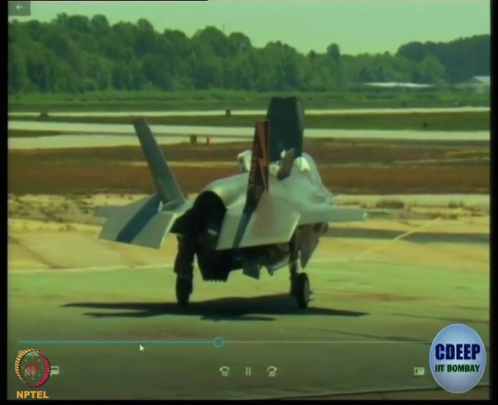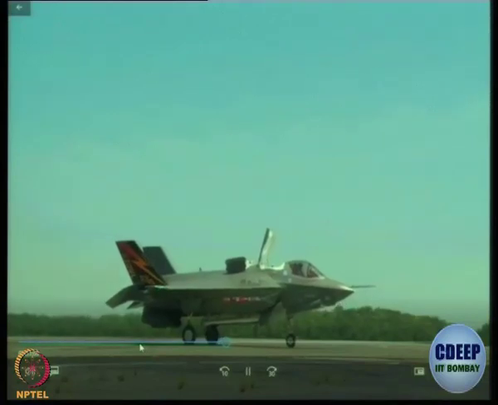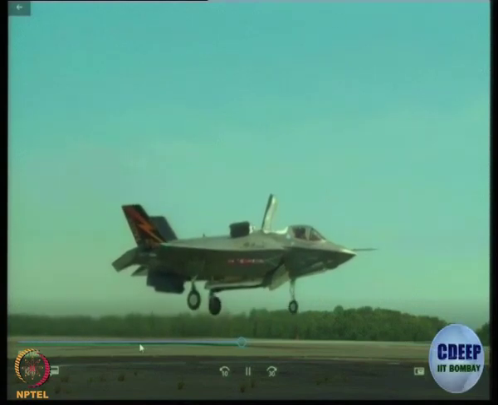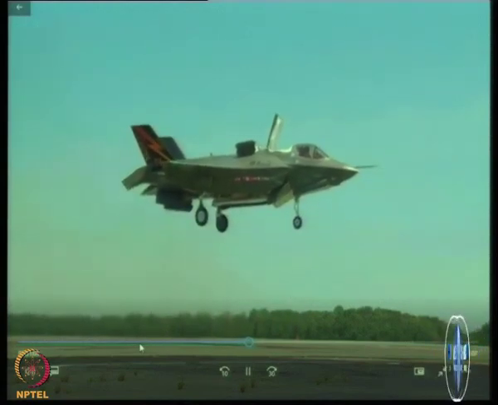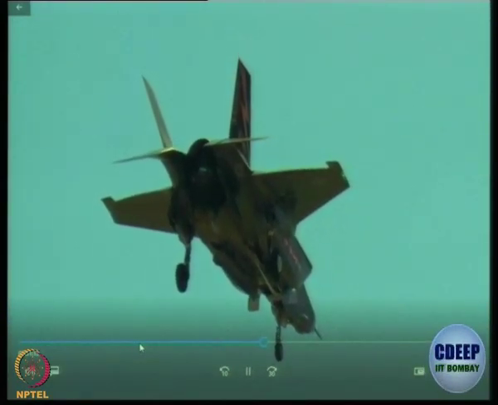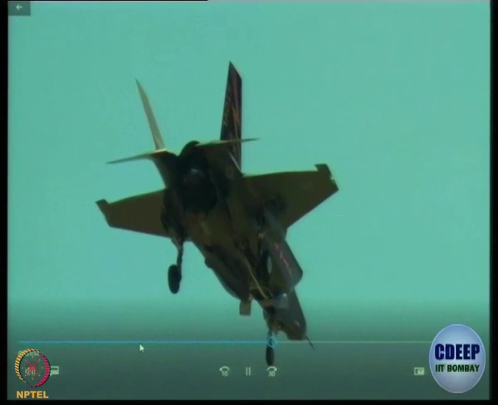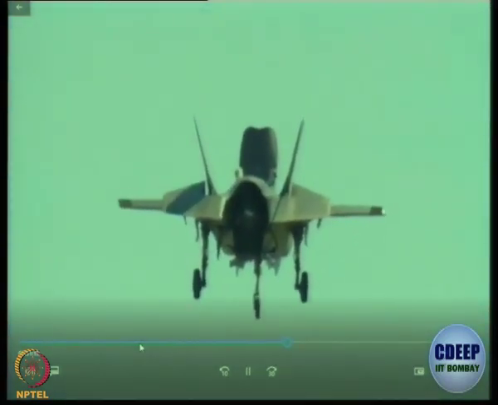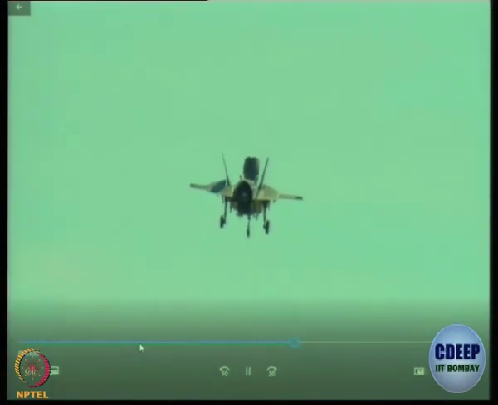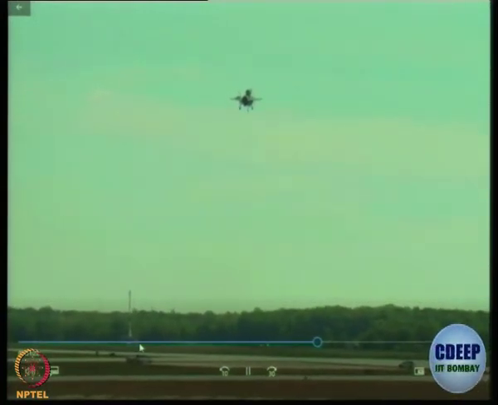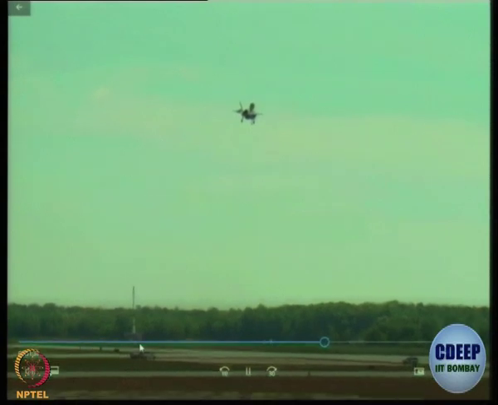There is a dedicated engine in the front. Notice how the 2 horizontal tails are fully bent down, full deflection. Aircraft is almost stationary, coming down at a very low speed.